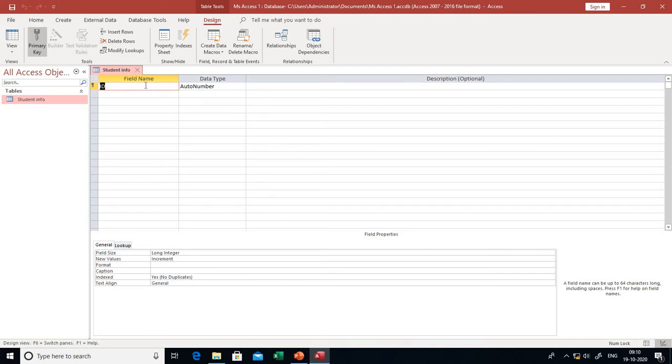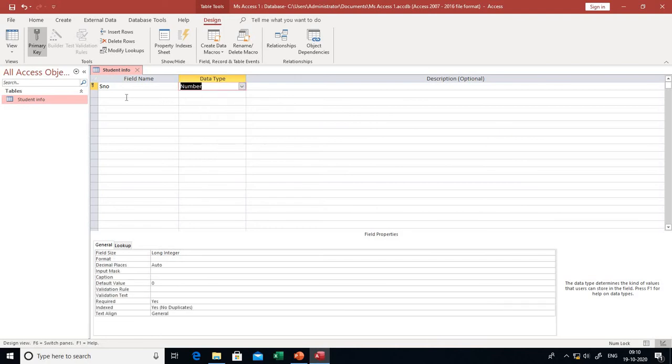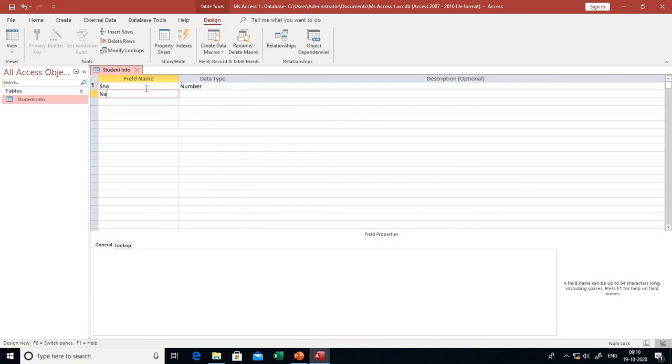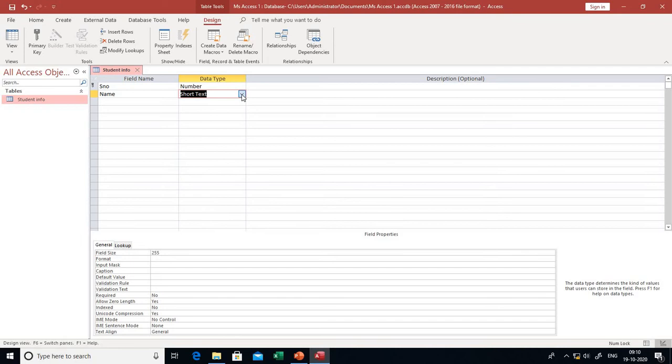For example, my first field is serial number, and when we click on the data type column, a drop down menu will appear and you choose the appropriate data type. Second, I'm giving here name and choose short text.